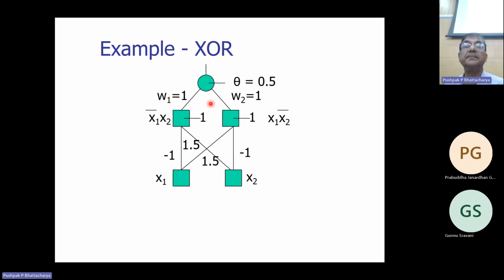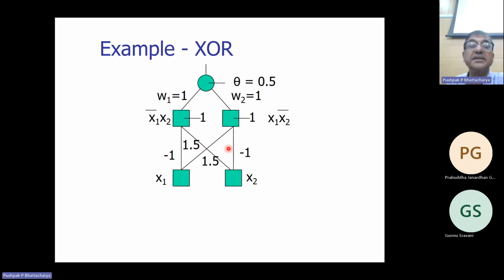Fix the optimum number of layers and the number of neurons per layer. So for XOR, we see that the correct weights are the following. From x2, minus 1 to the first hidden layer neuron, let's call this H2. And from x1, the weight is 1.5 and the threshold is 1. This neuron will achieve x1, x2 bar. And